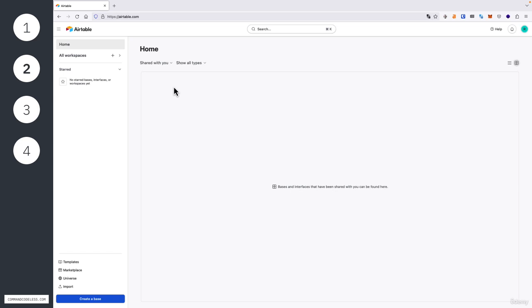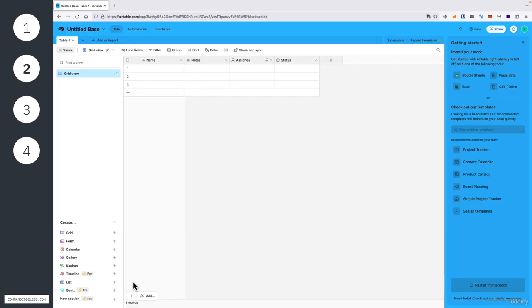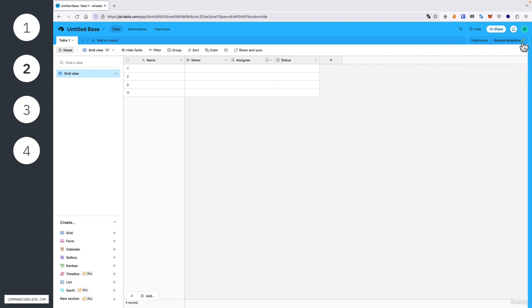So the first thing that you'll want to do is to click Create a Base in the bottom left. You'll then be taken to a base that you can customize. And Airtable offers a bunch of templates, but we don't need them for our project, so if any pop-ups or any steps to walk you through a process appear, such as the one on the right-hand side for me, we can simply close that because I'll be walking you through each step to create a simple database to hold the